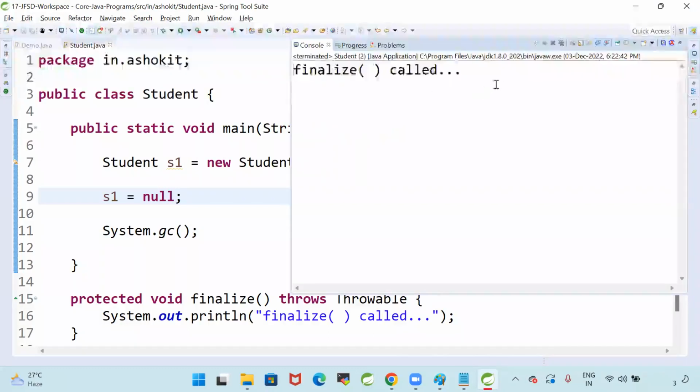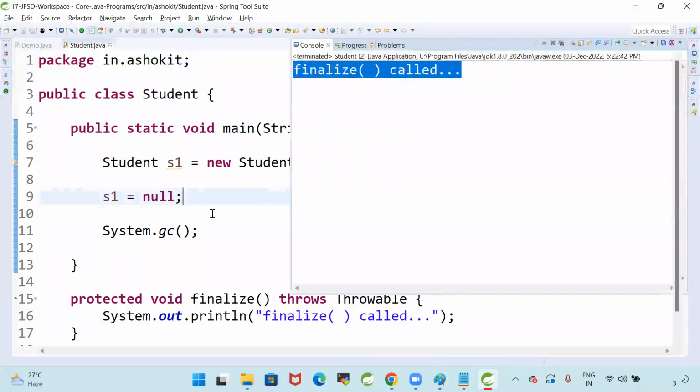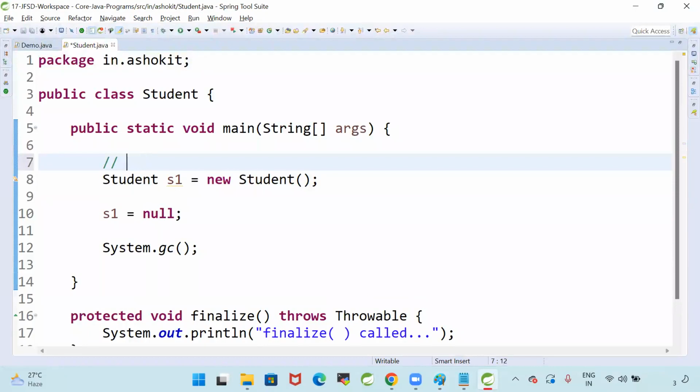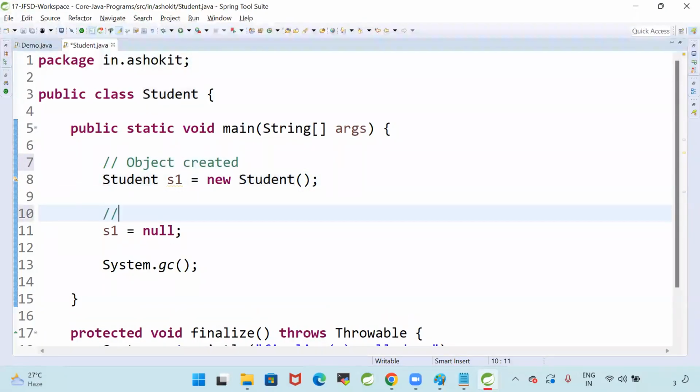Execute this program. The finalize method got called. Student S1 equals new Student. Here the object is created. What have I done here? The object is created. Here I am nullifying. What is the meaning of nullifying? Making